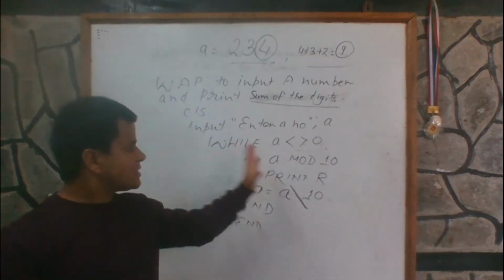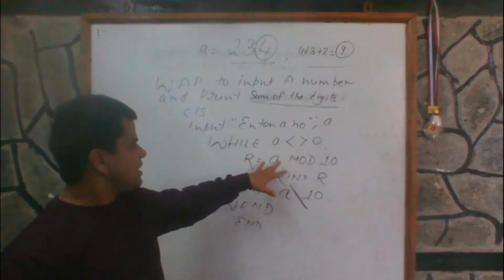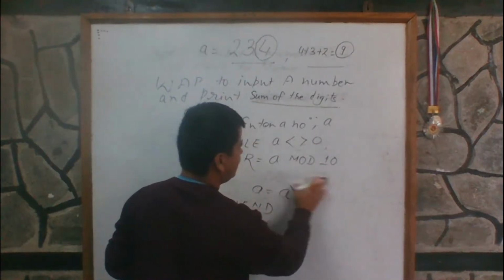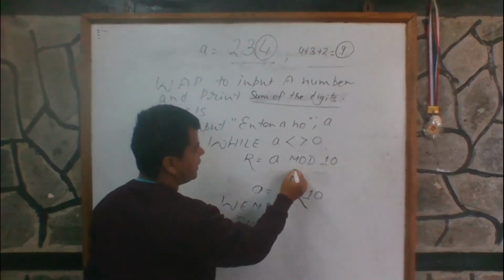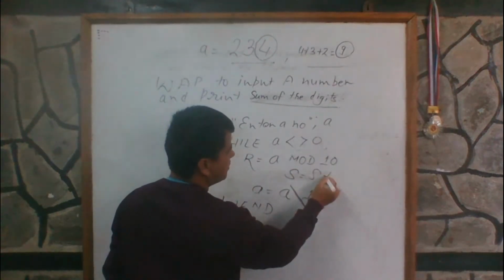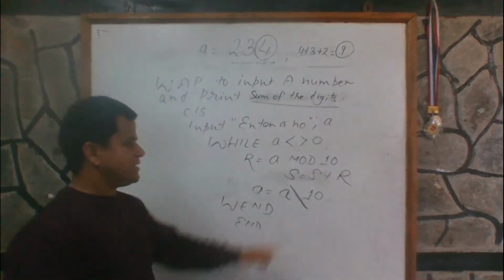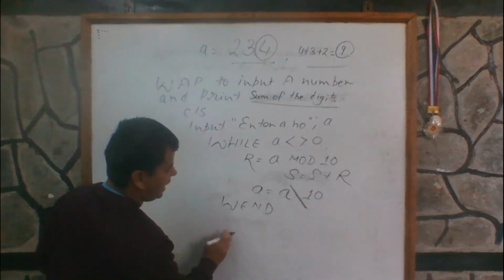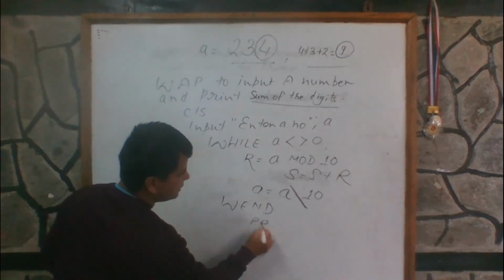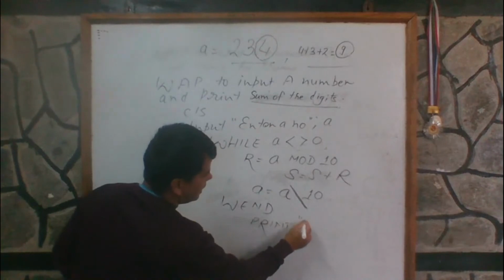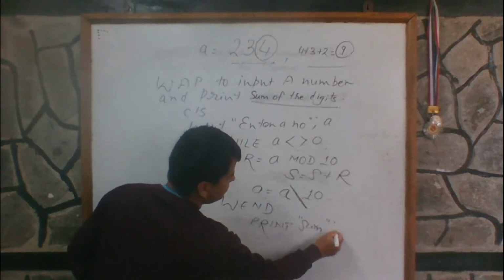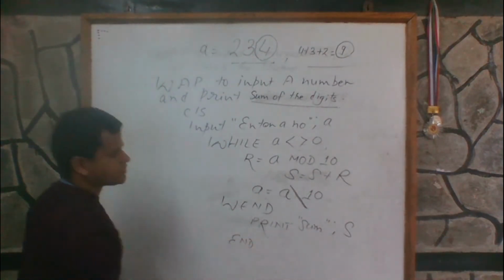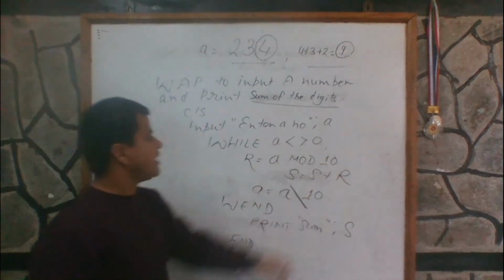Okay, so this is the same, this is the same. I don't want to print r. यहाँ हामीले print r गर्ने होइन. Okay, यहाँ हामीले एउटा formula use गर्नु पर्छ, s is equal to s plus r. अब s मा चाहिँ sum print हुन्छ है. After that, before the end of the program, we have to print here a message, sum of the digits, and that is s, and now you have to end the program.